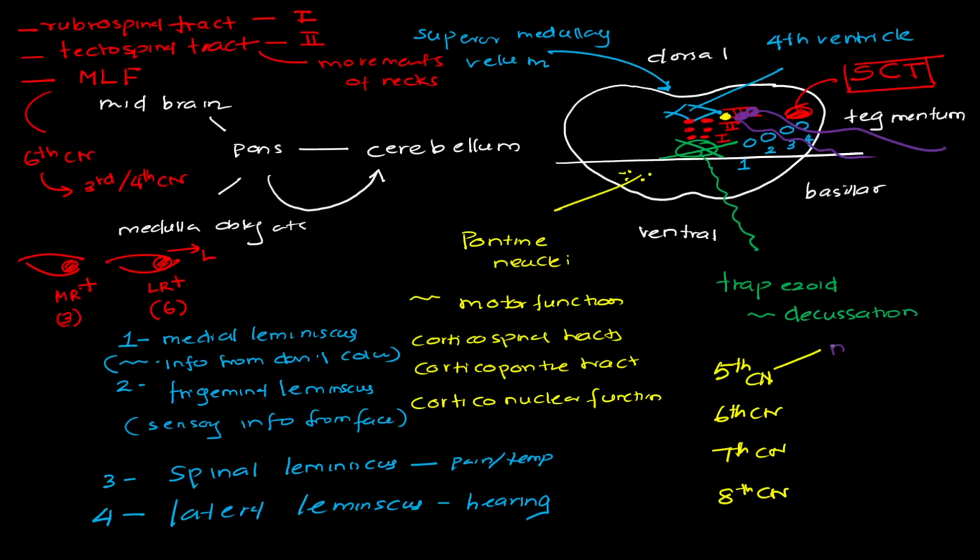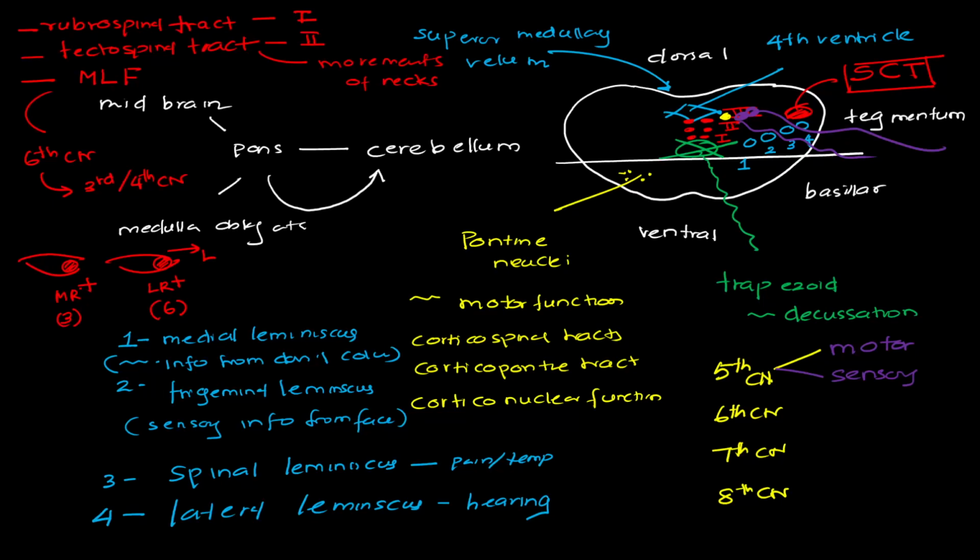The motor functions are to the masticatory muscles, that are the temporalis, masseter, and the lateral and the medial pterygoids. So the function of this is dependent on the nuclei that are residing within the pons. And then there is a part of the sensory nuclei. If you can remember, this is more or less involved in perception of proprioception and vibration information that is being relayed from the